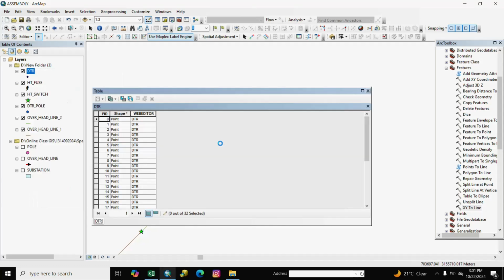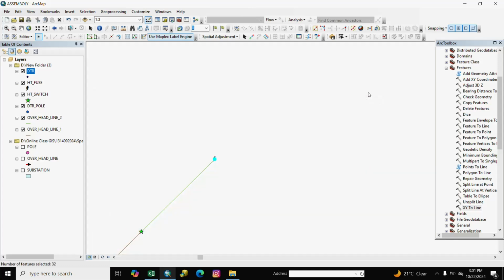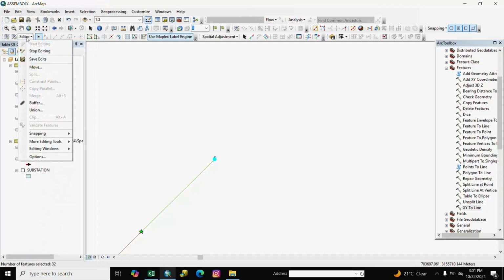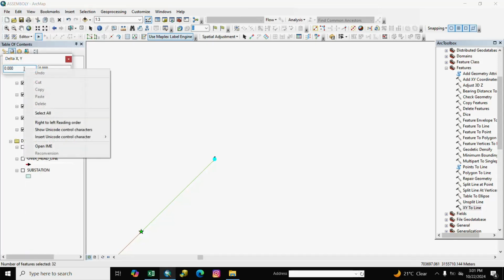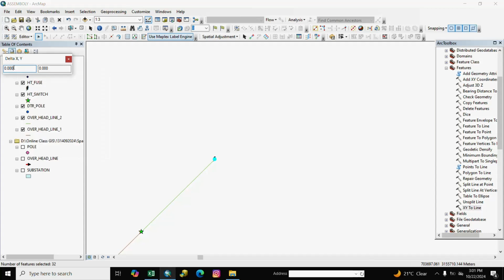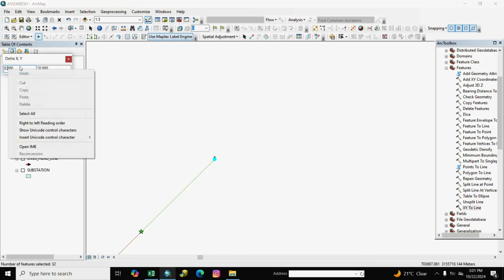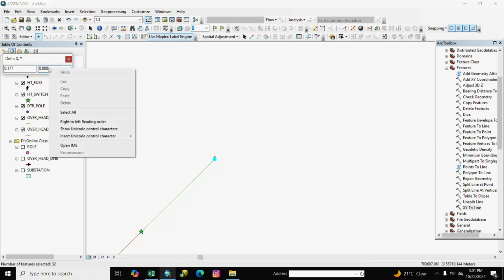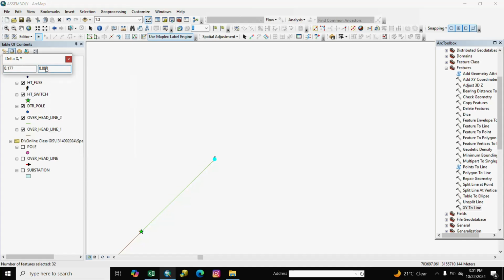And open attribute table, select all, and go to editor, move, zero point 177, 0.177 and enter.